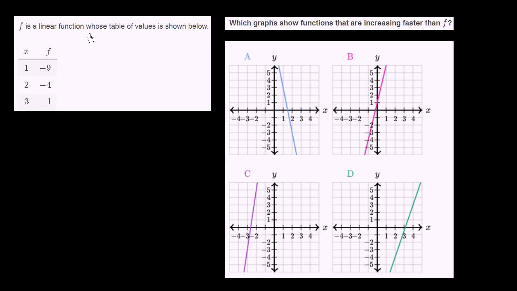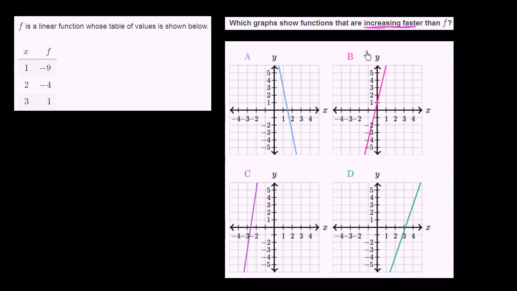f is a linear function whose table of values is shown below. And they give us 3 different x values and the corresponding f of x values. Which graphs show functions that are increasing faster than f? So when we're talking about increasing faster, we're really talking about a higher rate of change of y with respect